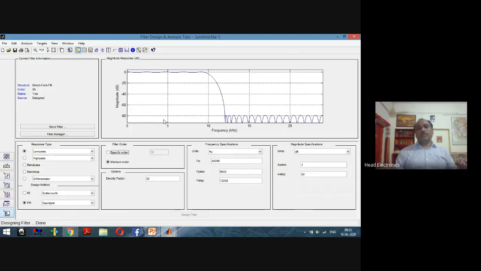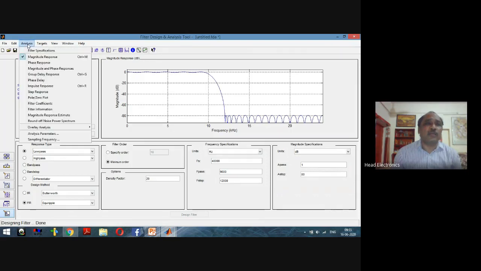So here we are discussing the concept of the designing and analysis of the filters without going into the actual lab, on the basis of the virtual lab. And for that purpose, we are using here the FDA tool of MATLAB, filter design and analysis tool of MATLAB here. So here again, we can analyze these responses something like in this manner.